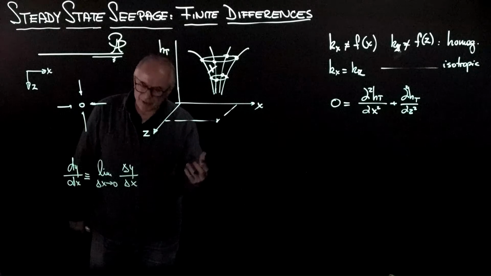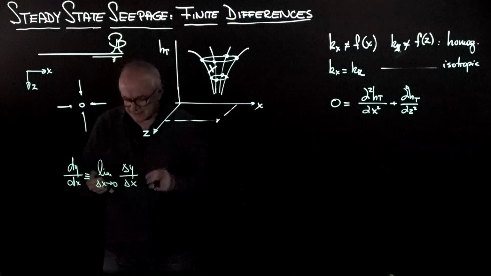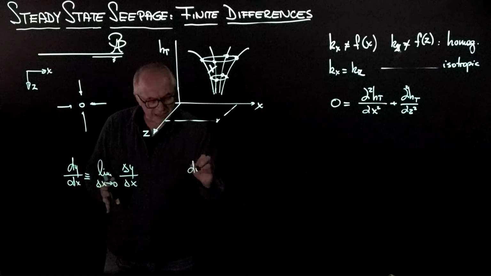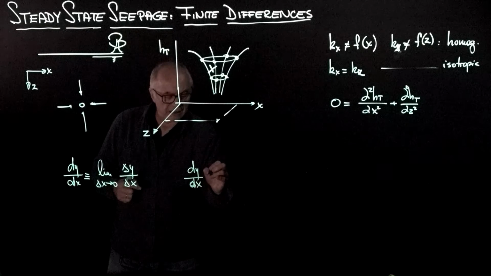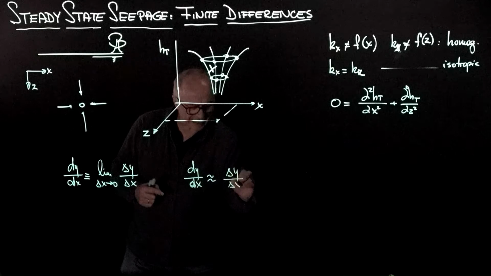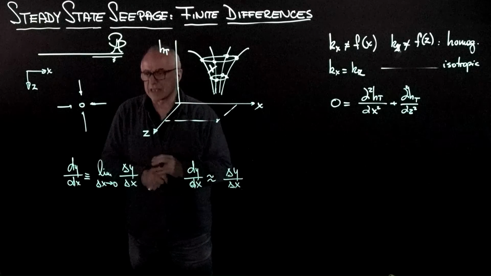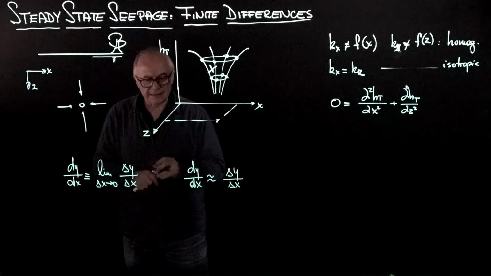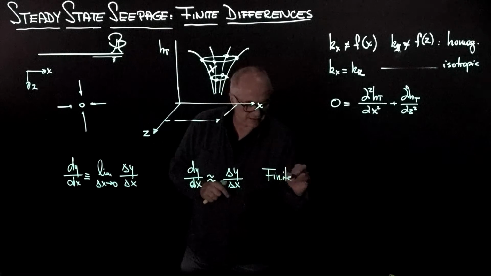From an engineering point of view, we can take some freedoms and relax this very stringent condition and say, well, maybe dy/dx is approximately equal to delta y over delta x as long as we keep delta x small enough. And this approximation is what we call the finite difference